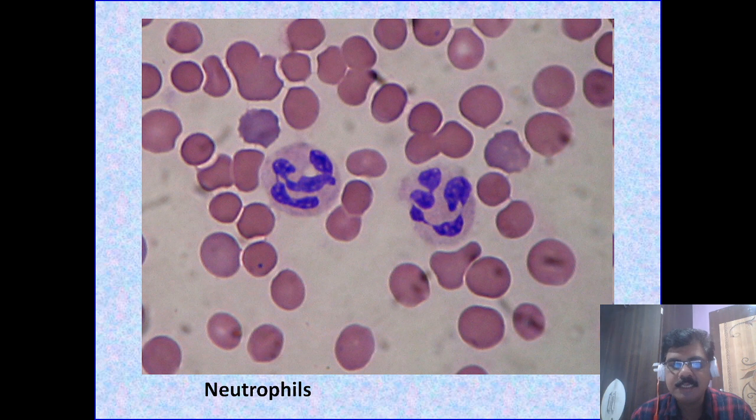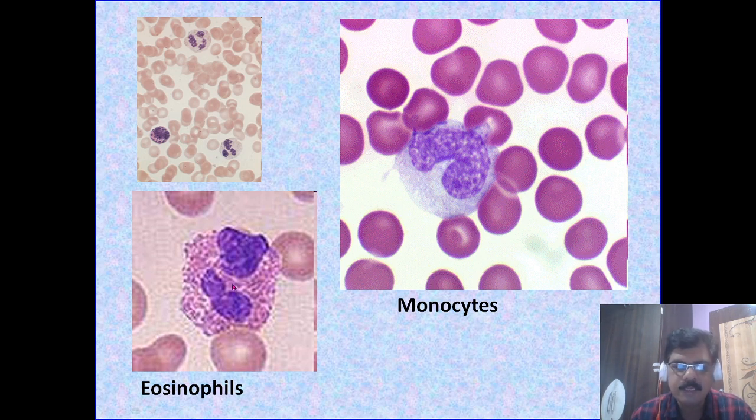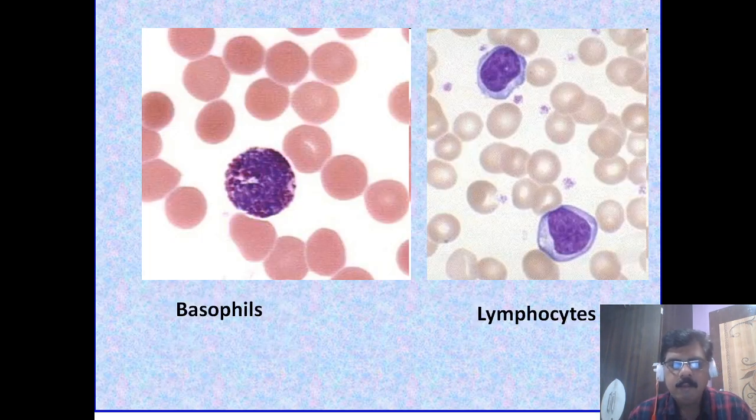These are the neutrophils. They have a multilobed nucleus, 1, 2, 3, 4 or 1, 2, 3, 4, 5 lobes, and different morphological shapes, and they are called polymorphs. And these others are the RBCs. Then these are the eosinophils. They have granular material inside, and therefore they are granulocytes. These are the monocytes, having a bean-shaped or kidney-shaped nucleus, and this is an agranulocyte without granules. Then these are the basophils, which are only 1%, and these are granulocytes.